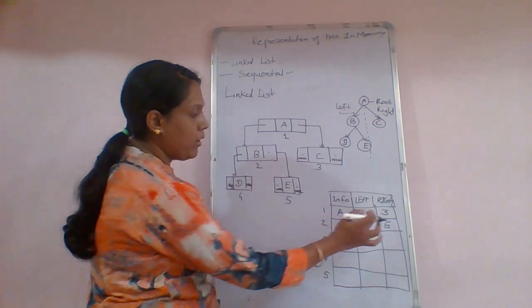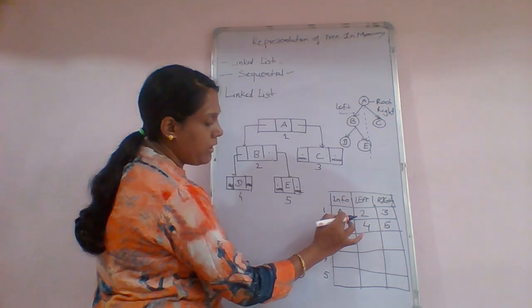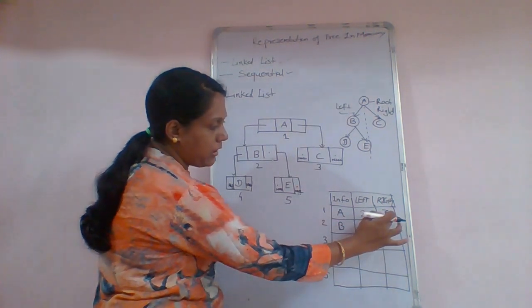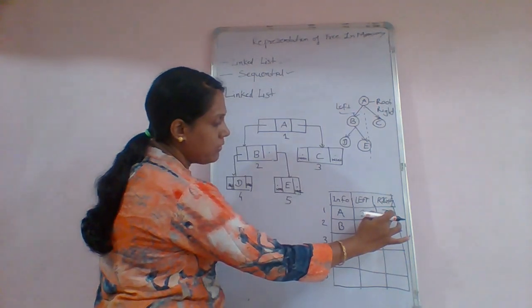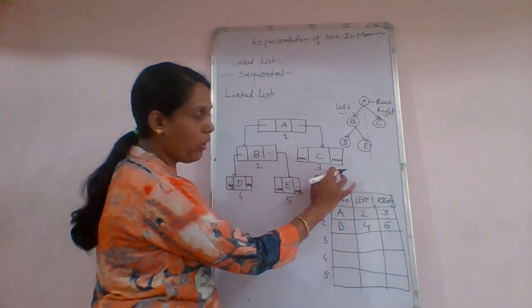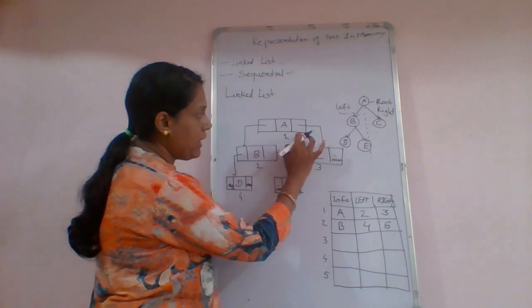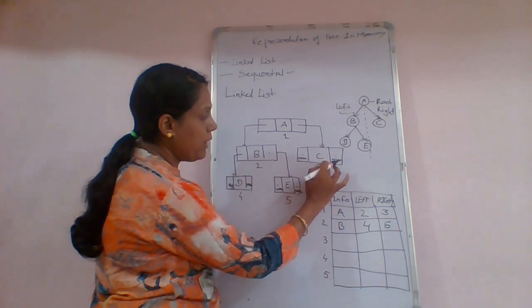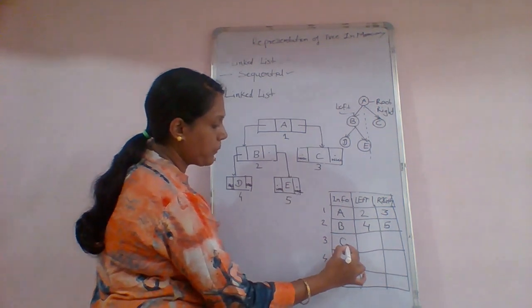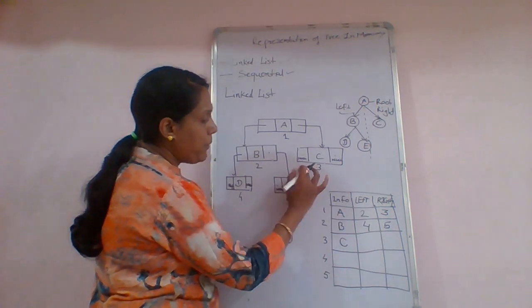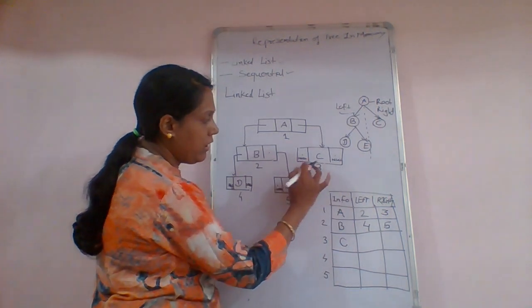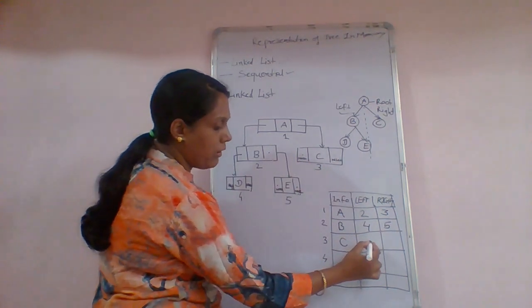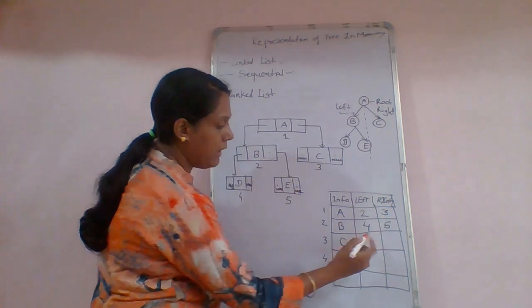Okay. Now the first node, that is the A node, the root node. 2 is the left, we have seen. Then the third. The third is the right subtree, that is the child of A. So what is the info part of the third? That is C. Now the left and right of this node are blank. So here we are going to write 0, that is the null.